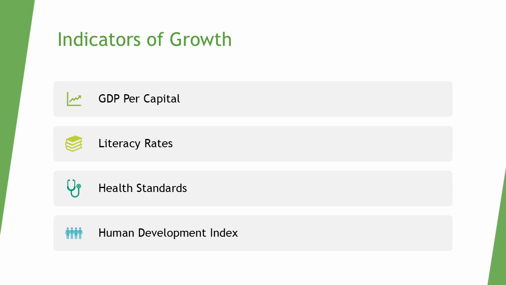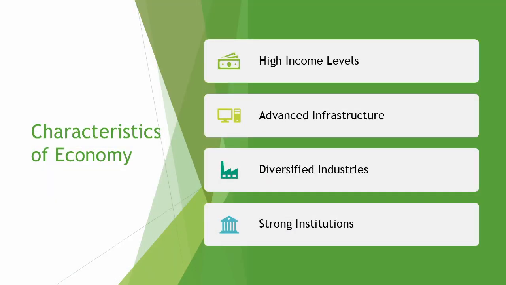Health standards indicate the overall well-being of a population, affecting globalization by influencing labor efficiency and economic sustainability. The Human Development Index combines income, education, and life expectancy, affecting globalization by showing a country's development level and attractiveness for trade and investment. The characteristics of a developed economy include high income levels, advanced infrastructure, diversified industries, and strong